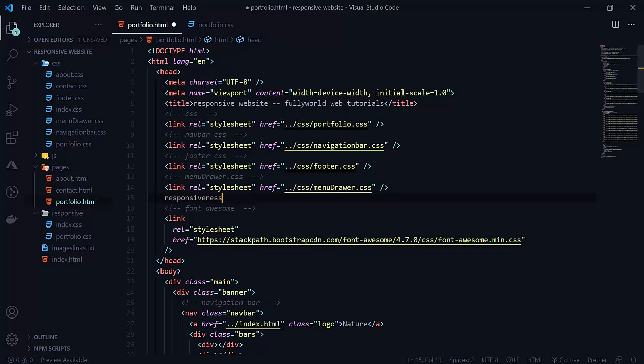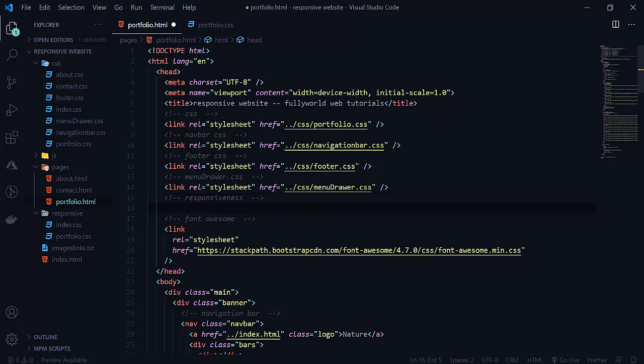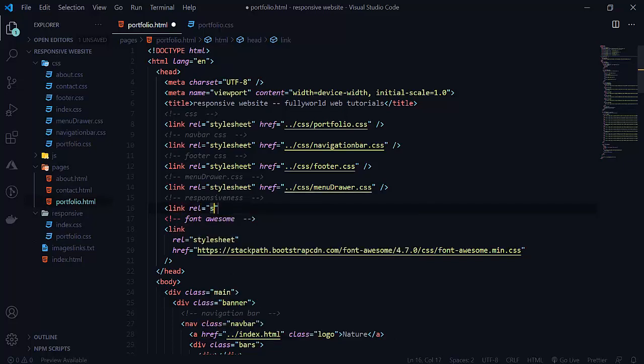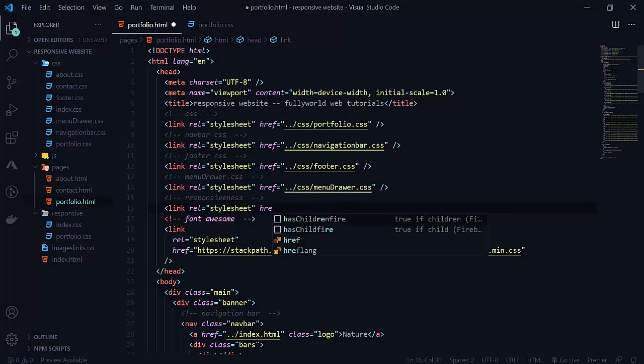I have to write the full link rel stylesheet, and the href is outside, because we are in the pages folder, so we have to go outside. Outside there is our responsive folder.